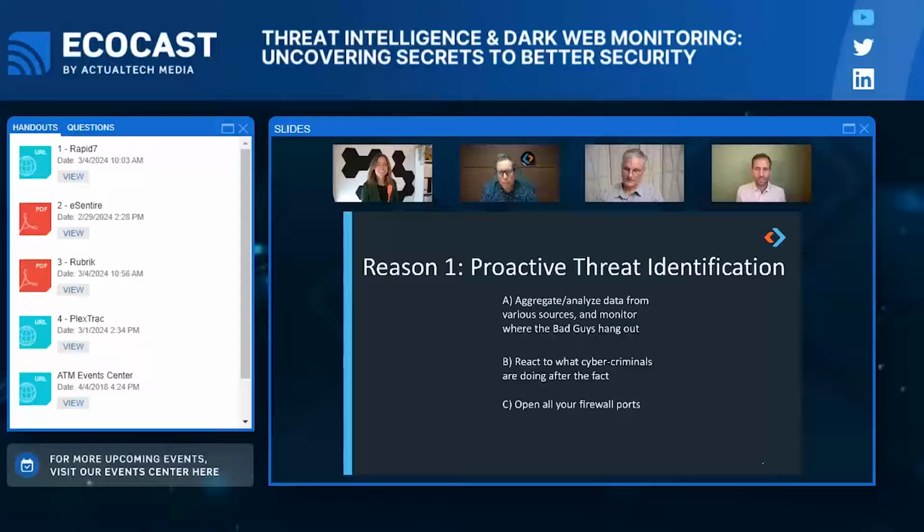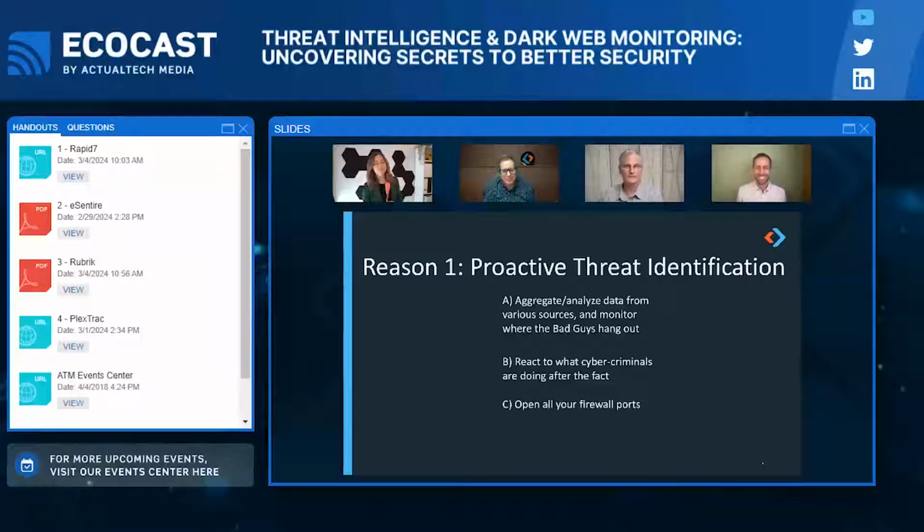Just that a proactive approach is so important now. For a long time, security was reactive, like in option B there. But now there are so many options out there to get out in front of threats, and it's really important to take advantage of that. Agreed. I like that. Get out in front of it, but don't open the floodgates, is what we're taking away. Do not listen to Keith Ward on point number one.